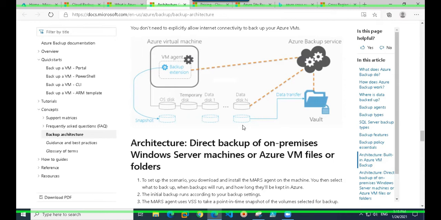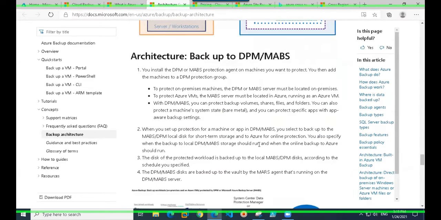By default, that snapshot is kept for 2 days. You can change that to between 2 and 5 days. So if you change it from 2 to 5, then you can use the instant restore feature for up to 5 days.